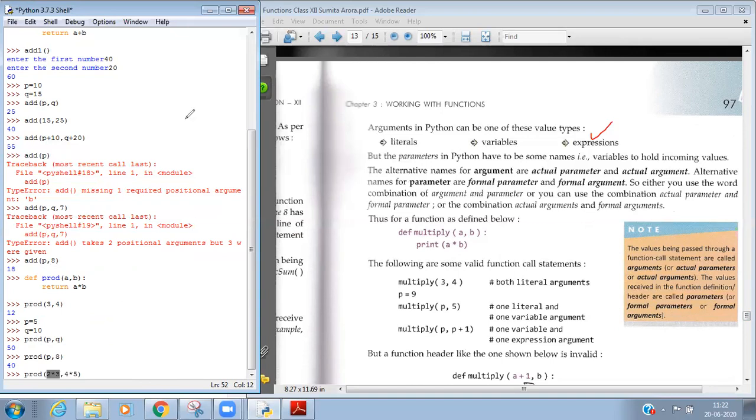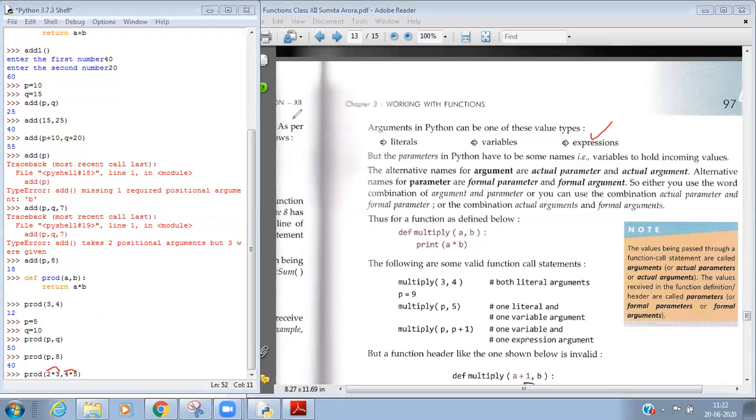You know what an expression is? An expression is any valid combination of operators and operands. Here you can see 2 multiplied by 3. This is one expression. 4 multiplied by 5. This is the second expression.